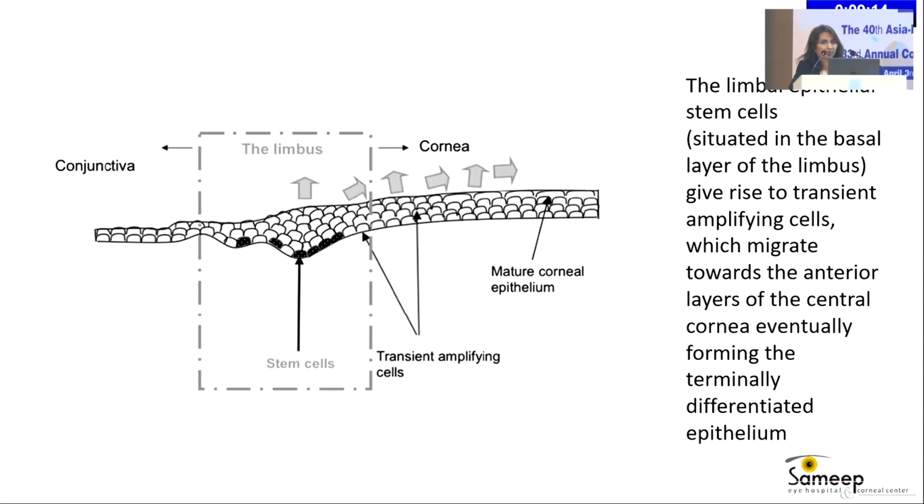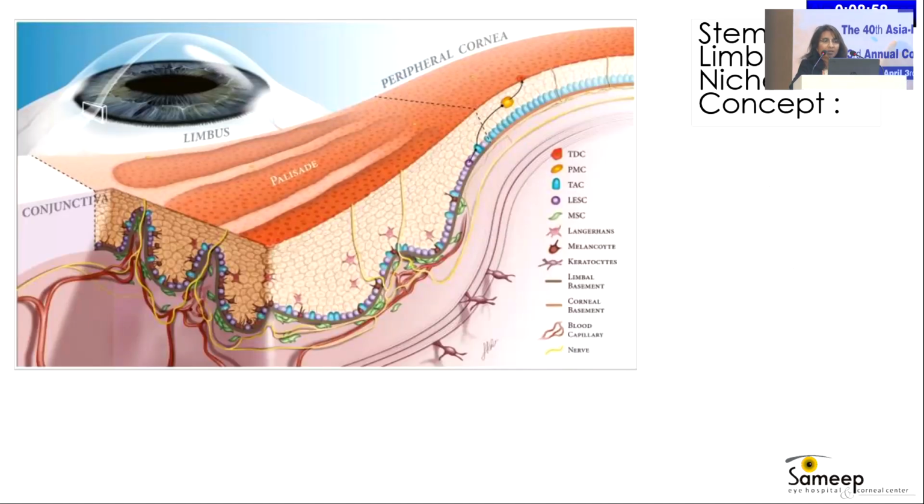The limbal epithelial stem cells situated in the basal layer of the limbus give rise to transient amplifying cells, which migrate towards the anterior layers of the central cornea, eventually forming the terminally differentiated epithelium. This is how corneal epithelial maintenance is done. There is another important aspect of this,